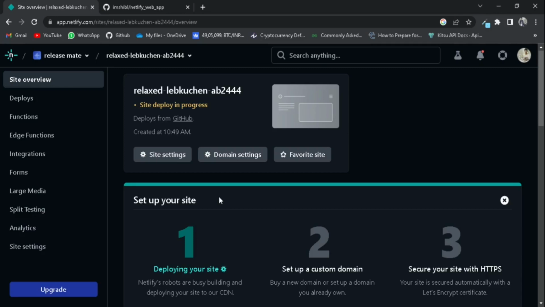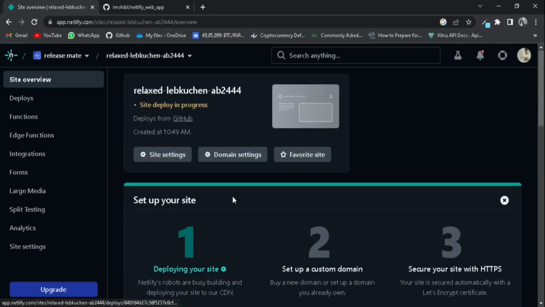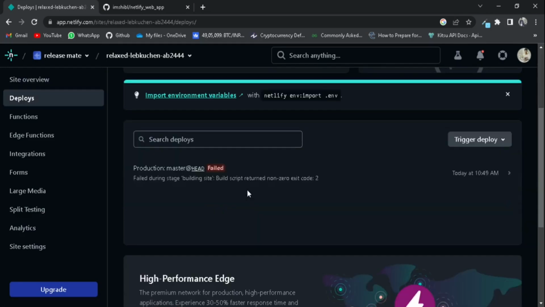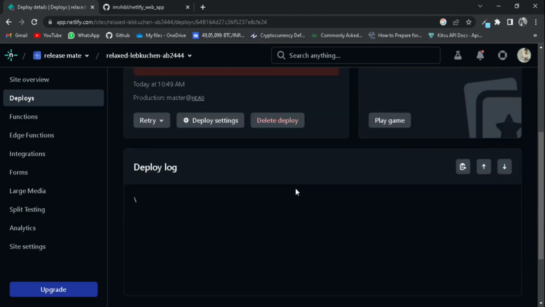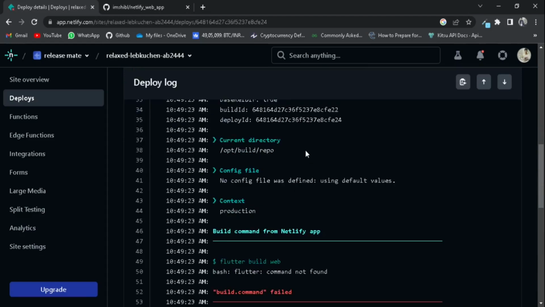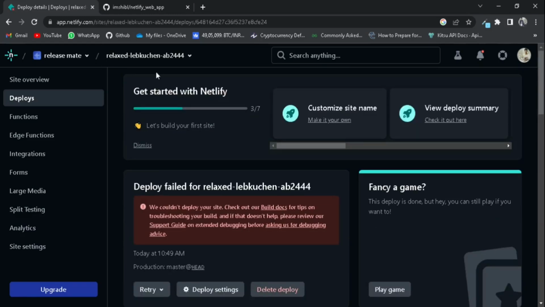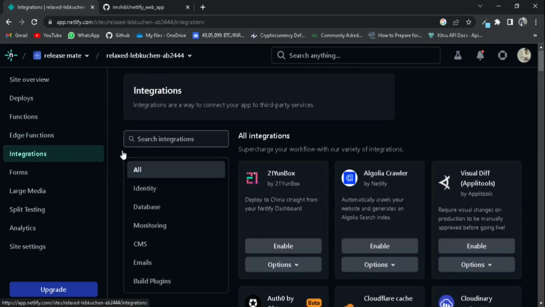So it will take some time. So let's wait for it. Site deploy in progress. Okay, as you can see, it's showing fail here. Let's check what happened here. Okay, the build failed. If you go here, as you can see, it shows Flutter command not found. So the issue here is you need to integrate the Flutter SDK here. So you can search Flutter